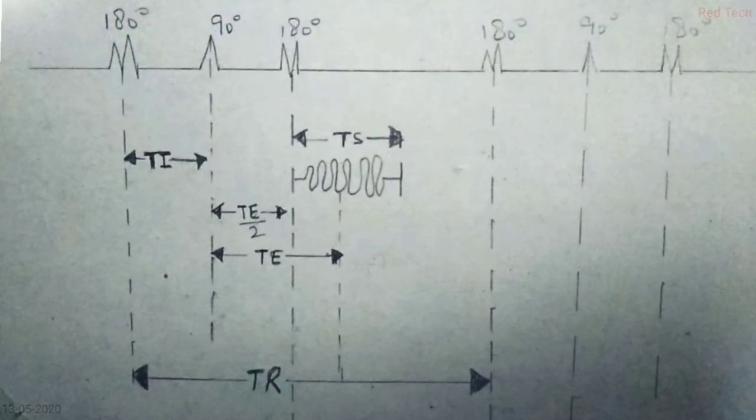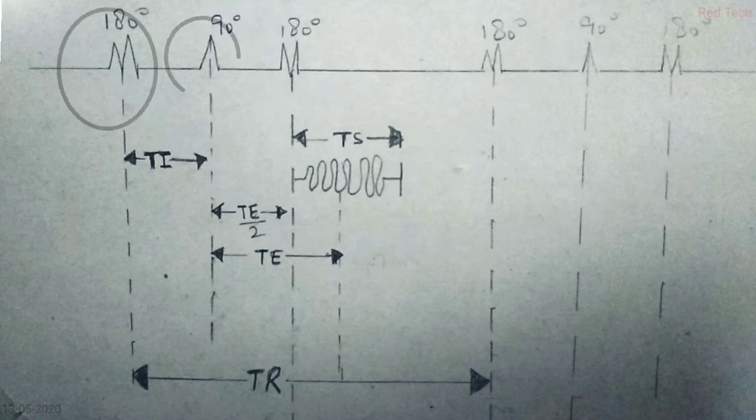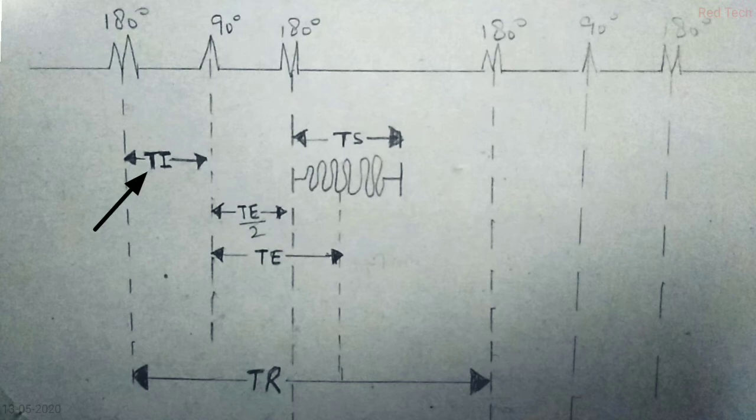Here you can see the diagram of inversion recovery, in which we apply three RF pulses. Basically first is the inverting 180-degree pulse, then the 90-degree pulse, and then the 180-degree pulse to read out the signals. At first we remember the time of inversion, which is between the inverting 180-degree and the 90-degree RF pulse. You must remember that also. Then we turn on the 90-degree RF pulse, and when we turn it off, we apply the 180-degree RF pulse.